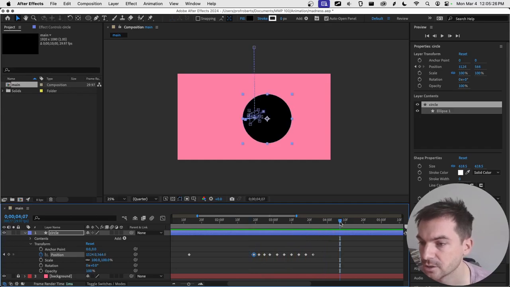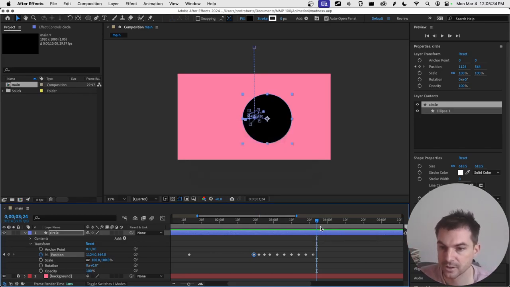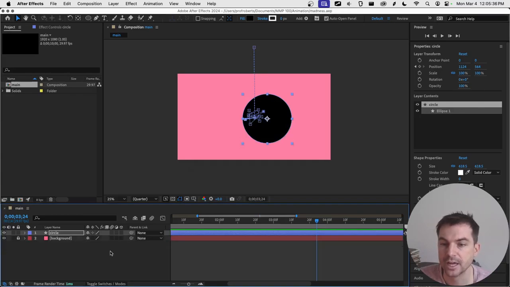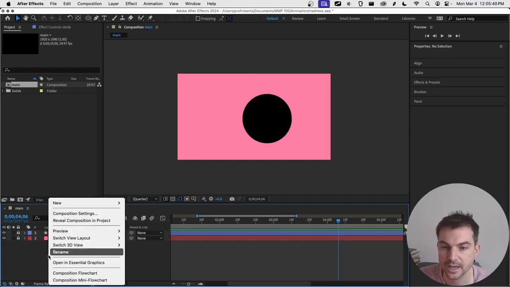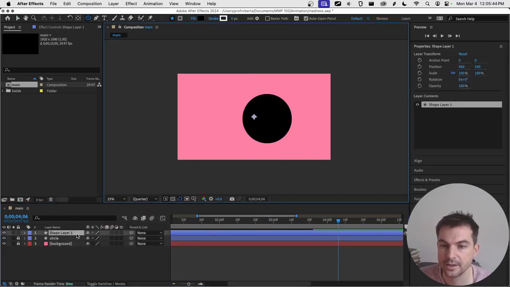Okay, so I actually don't like that. I don't think that's too bad. This is just a quick example though. Obviously there's a ton more stuff you can do here. If you like this and you're ready to move on, I would lock this guy, make a new shape layer, and in my